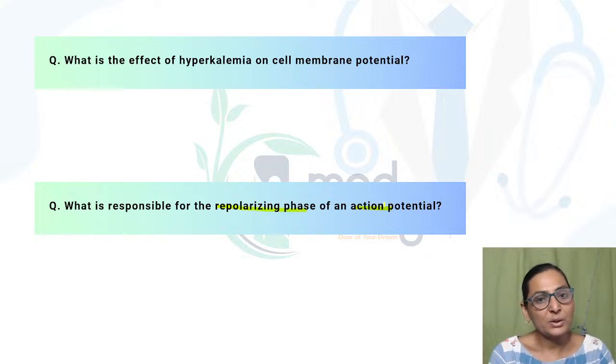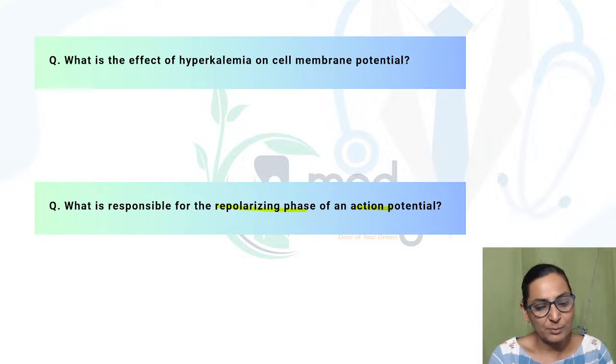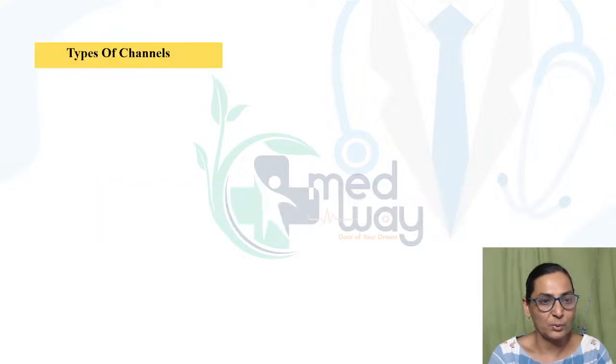So the two important things are, that means the ionic changes like hyperkalemia or hypokalemia, they have got effect on the membrane potential, and there are different phases of action potential. So what is the cause of this repolarization phase? Right? So before we jump into the action potential, it is very important that you must know what is resting